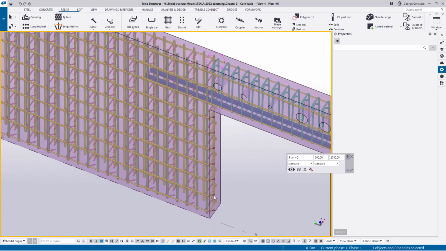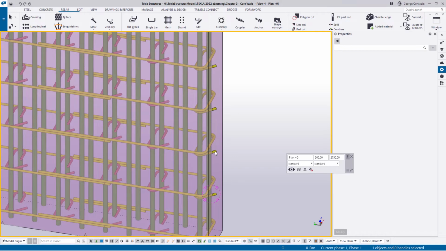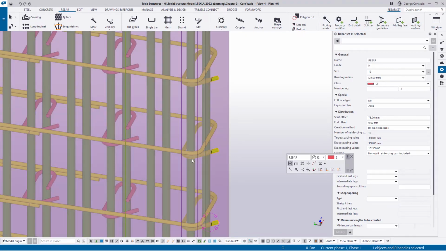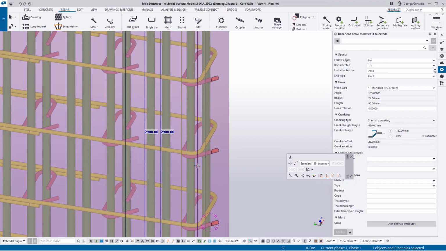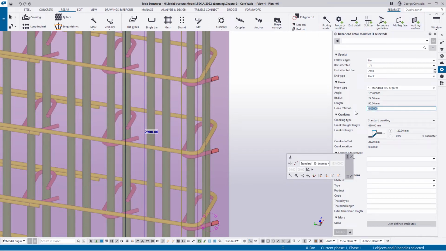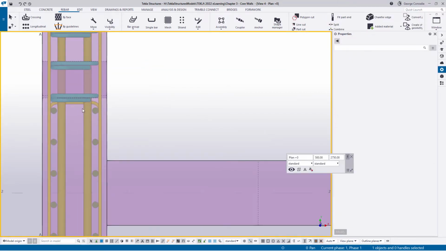So if we look in a 3D fashion, we can see what you can do with these last ones, because that's sticking out. You can click on this and on that, but they're different hooks, so we can't do that. We've got to click on one at a time. If we click on that one and say turn this one around, actually no, we can just flip that whole bar around. So if we go from the top,